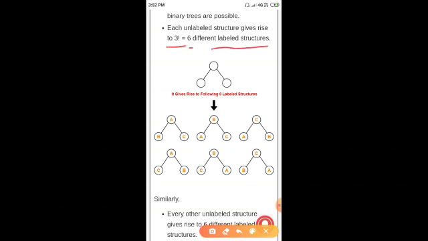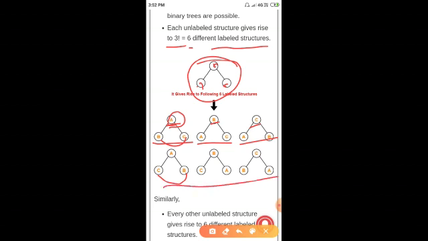So see here. Suppose first I am taking A, B, C like this, with this structure. How can I form? A here I can take as a root, and then the remaining as children like this. So this is one way. B I can take here, this is one way, and C I can take here, this is one way. Then, taking A as a root again and shifting, this is one way. So these are the 6 different types of trees we can form by using the 3 labels, and then the remaining 4 are there.